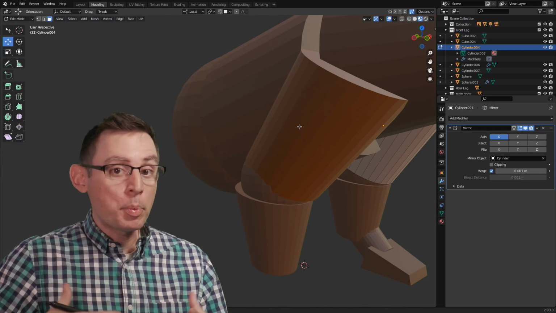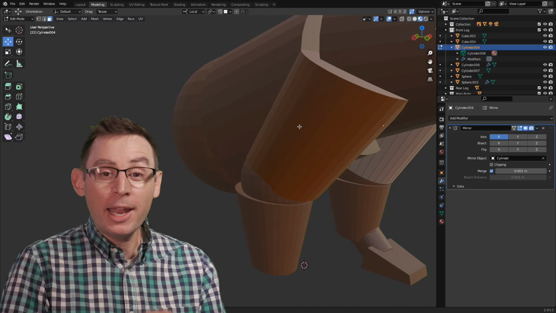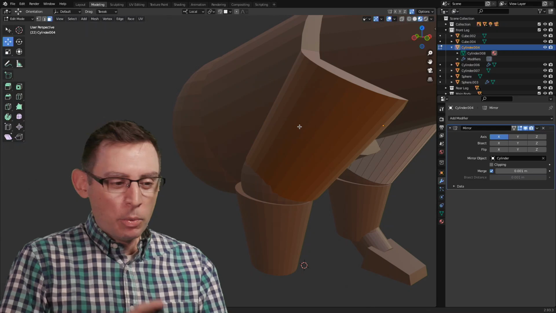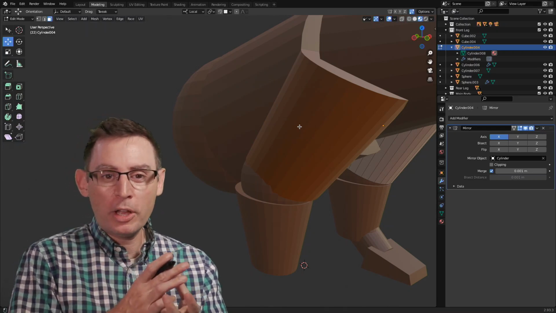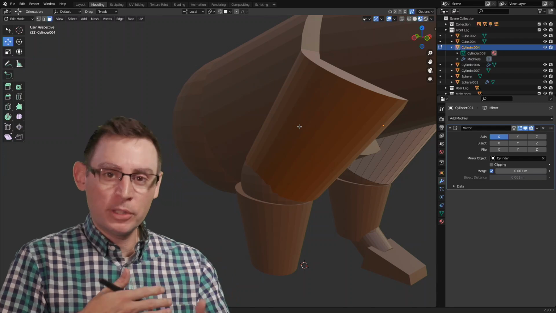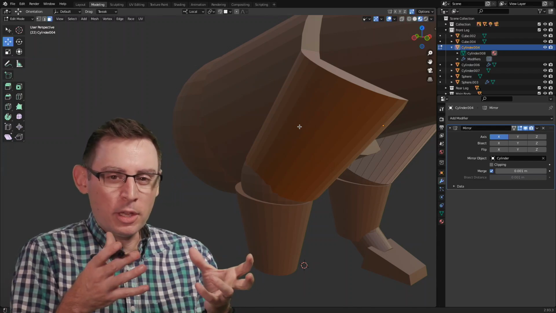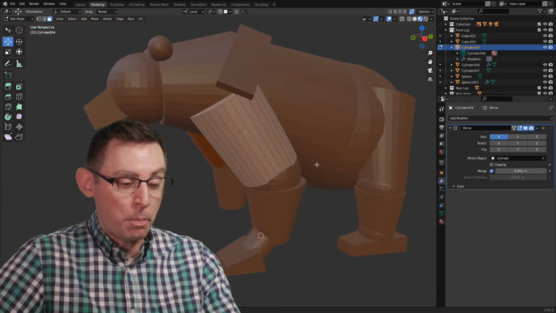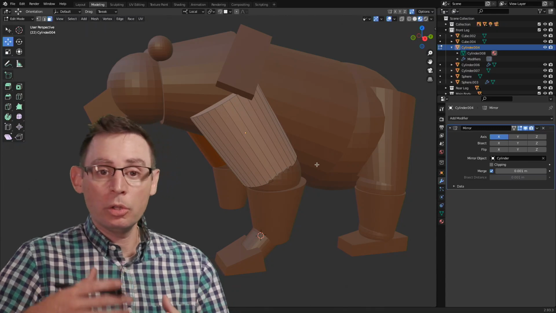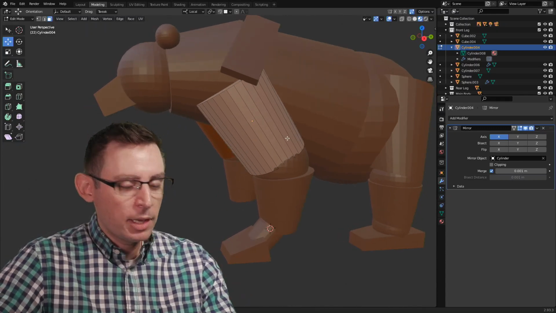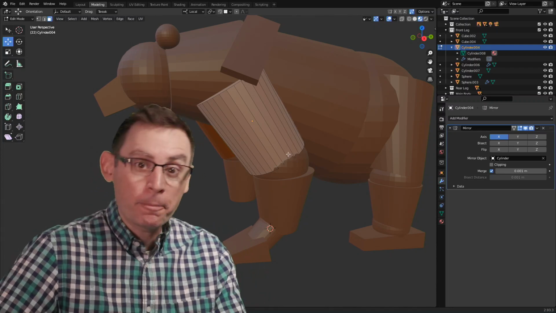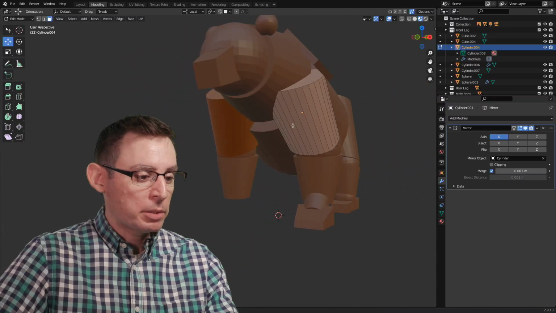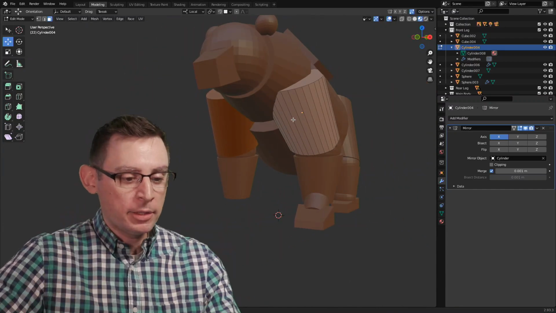Now, this is called applying our modifiers, and it's a great time and a great opportunity for us to save a new version of our project files. We want to have a version of our project file that contains all of this information on it. This is kind of like the raw data that produces the shape. In case we ever want to go back and make a change, a big structural change to the pose or the location and rotation of all of these objects, having that file handy is going to be pretty neat. Okay, I'm happy with this though. So let's apply this modifier so we can get selectable, workable geometry on both sides of my upper arm.